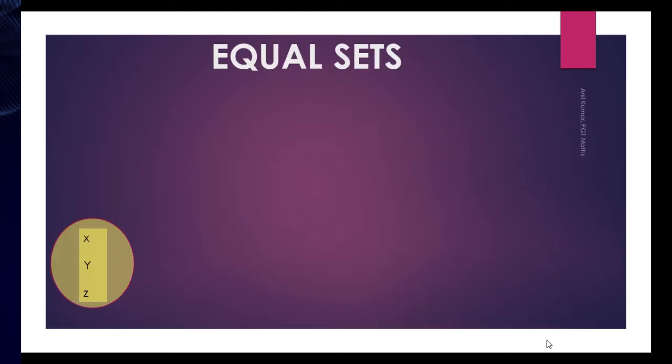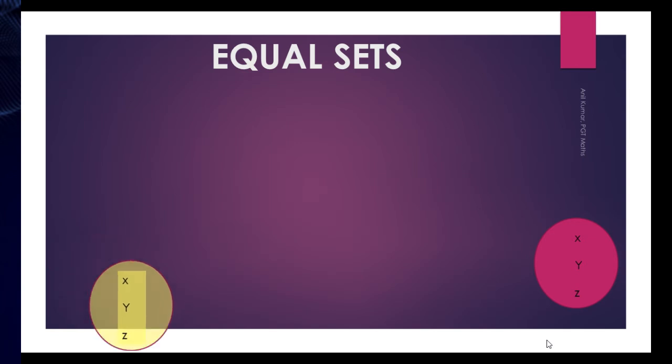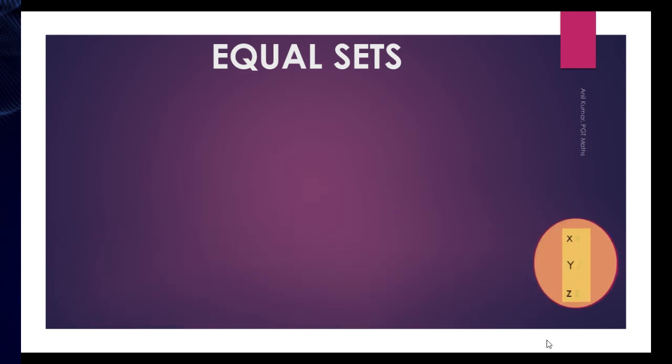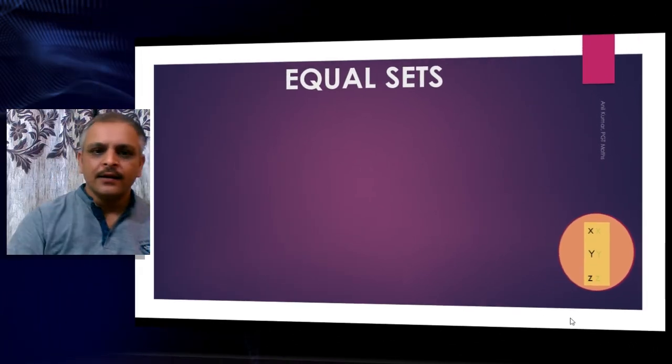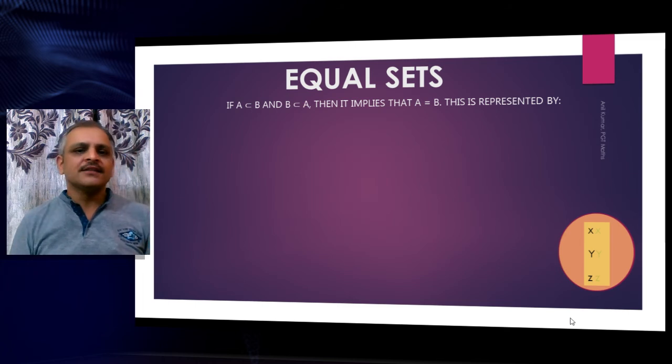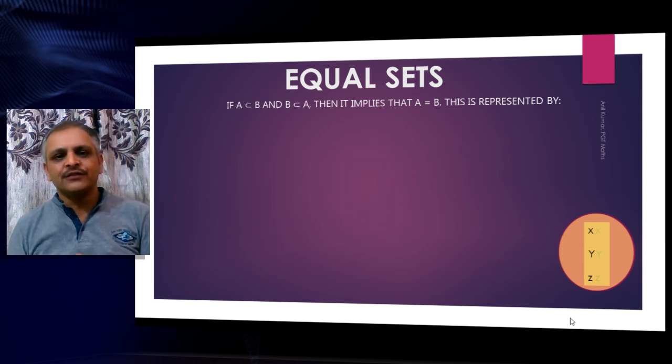Okay. So what are equal sets? Take two diagrams of sets A and B, and let's see. So if set A overlaps the set B, this is said to be equal sets. This we had done in the previous video also. Okay, then what is the change here? So why are we discussing it again and again? See, here we will discuss this from the point of view of subsets.